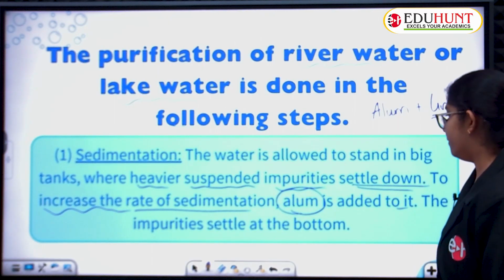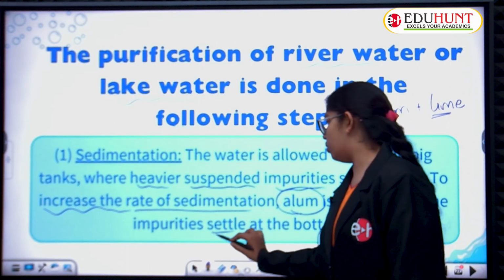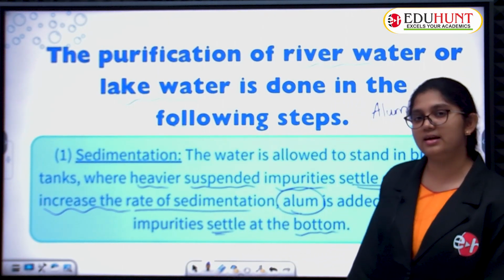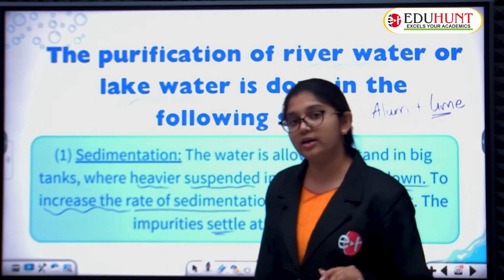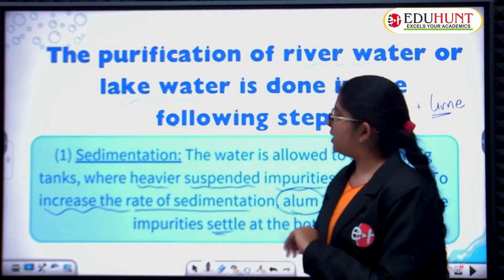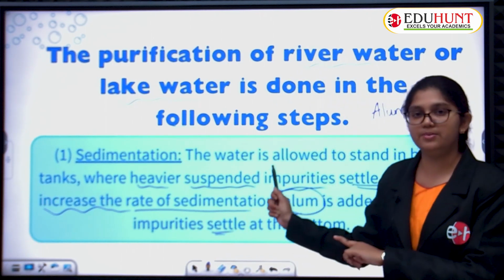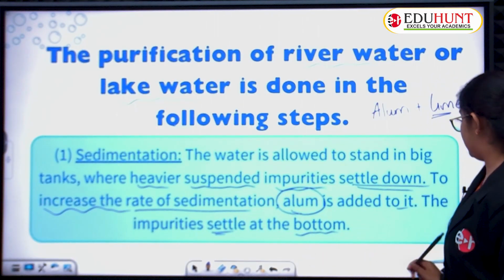And the impurities settle at the bottom of the tank. You should not disturb that. Okay, this is all about the first step, that is sedimentation. Next one,